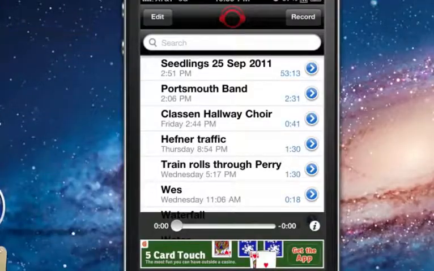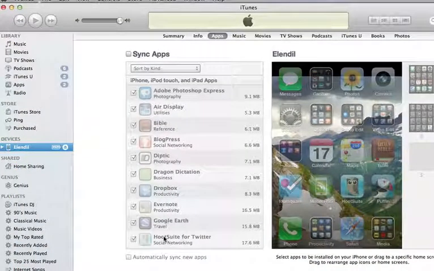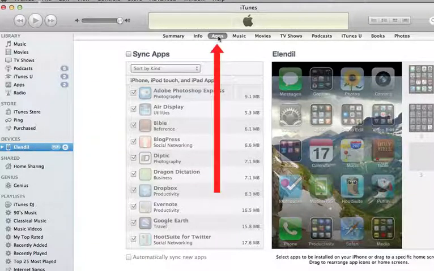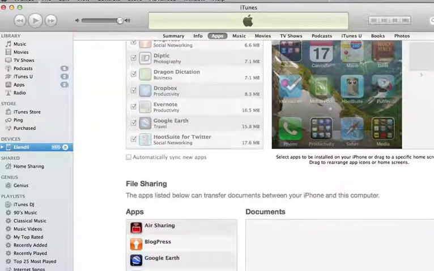But what I'm going to actually do is launch my iTunes application. I'm going to select my iPhone over here on the side under Devices. I've selected Apps up here at the top as my menu choice. And then as I scroll down,